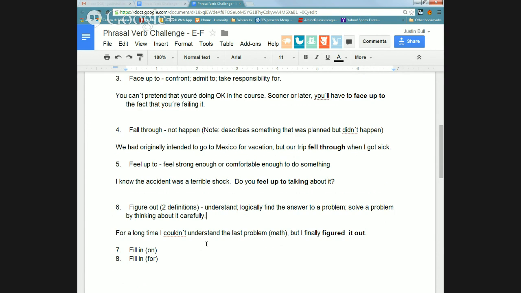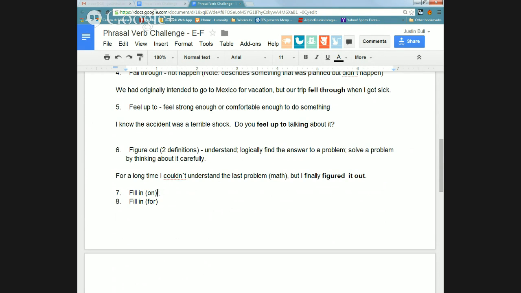We got a few more, and then we're going to start practicing. We'll have a good half hour. It's perfect. All right, these are very similar, but they're very different, just with this one preposition here. So, Luo, what do you think fill in on means? I have no idea. I need an example. All right, no problem.